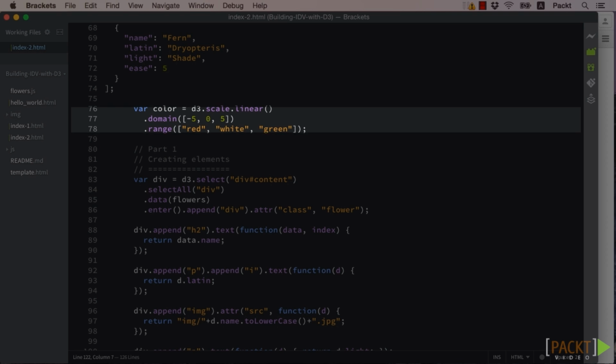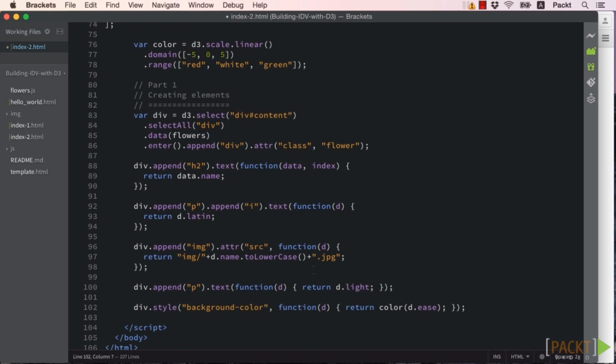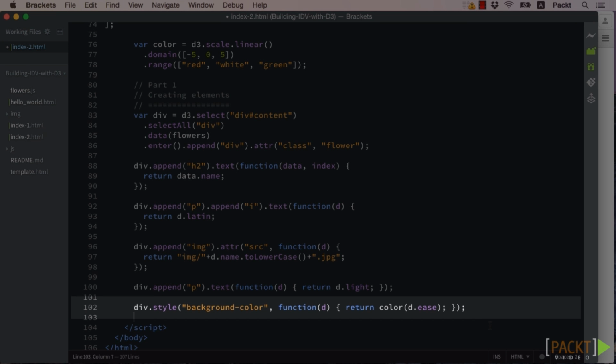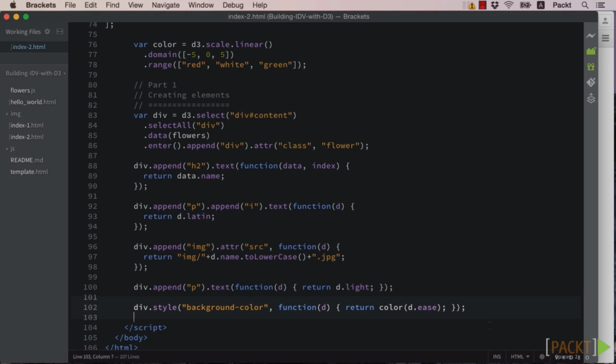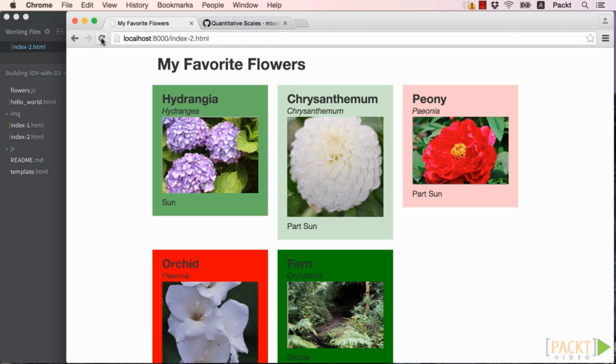We need to change the domain to go from -5 to 5. So let's make that change and put it into our page. Now, the same way we were passing an anonymous function to set the text nodes of elements and source attribute for our image tag, we can also do this for style. So let's pass an anonymous function to set the background color style of our div. Let's refresh our browser and see what it looks like. There we go. We get various shades of green for easier flowers, closer to 5,